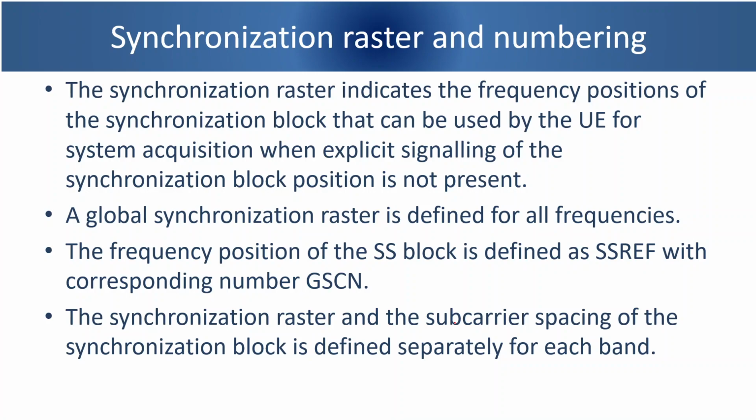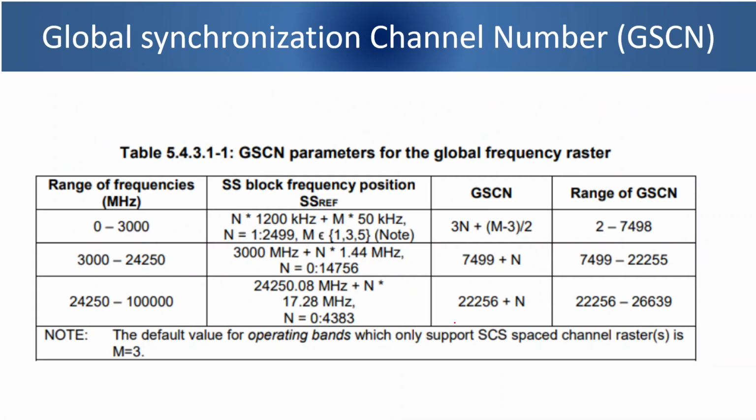So the subcarrier spacing for the synchronization block is also defined separately for each band. So what are those GSCN? GSCN is the global synchronization channel number. So here they have defined how those specific frequencies can be calculated with the GSCN number,